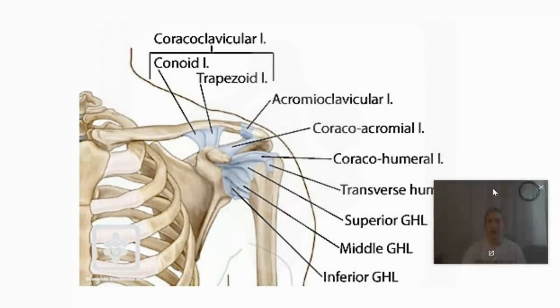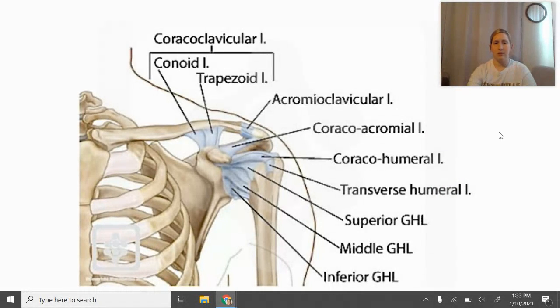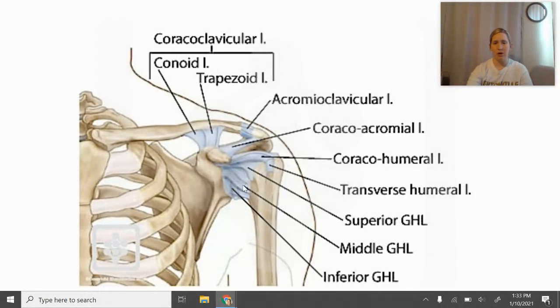So on this picture, we can see, just going to keep moving this out of the way, we can see all of those ligaments. So these 3 are the glenohumeral. That's why it's got this abbreviation, but it's just showing you superior, middle, inferior. Transverse humeral, holding that tendon down. Coracohumeral, coracoacromial,